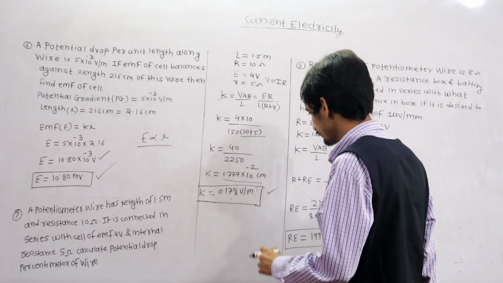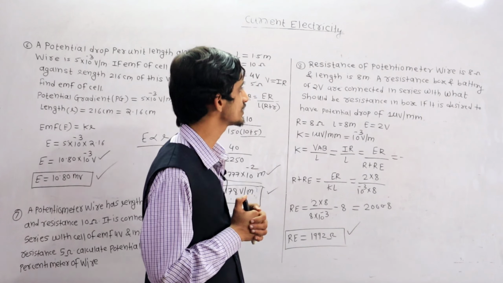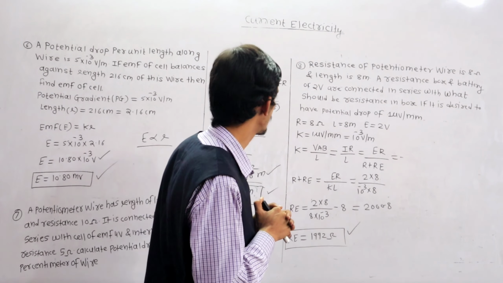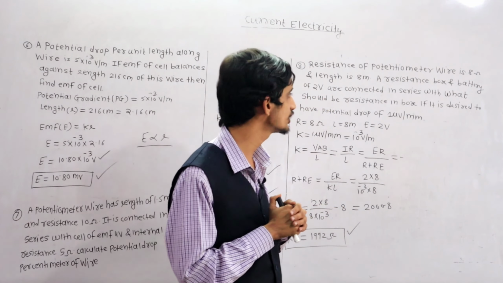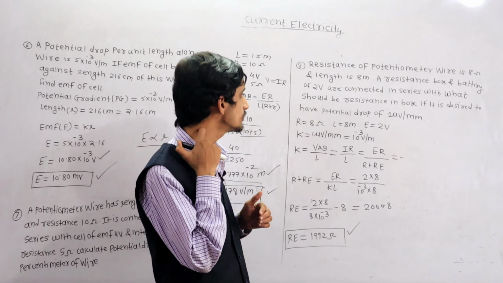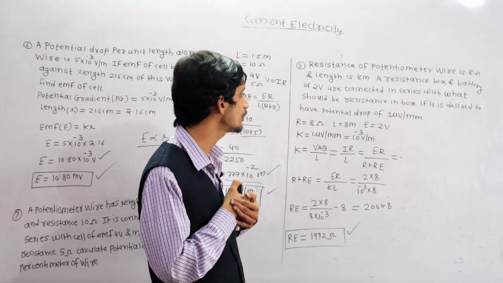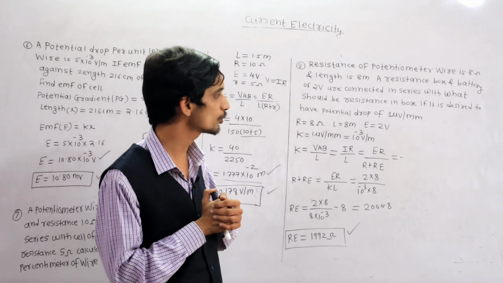Now question number 8. Resistance of potentiometer wire is 8 ohms and length is 8 meter. A resistance box and a battery of 2 volt are connected in series with it. What should be the resistance in the box if it is desired to have the potential drop of 1 microvolt per millimeter? Now potential gradient is given as 1 microvolt per millimeter, resistance of wire is 8 ohm, length of the wire is